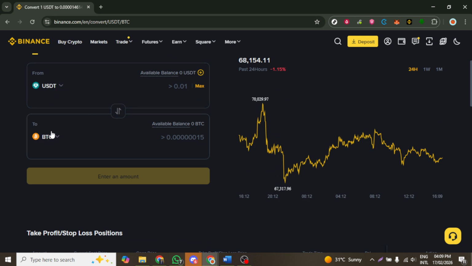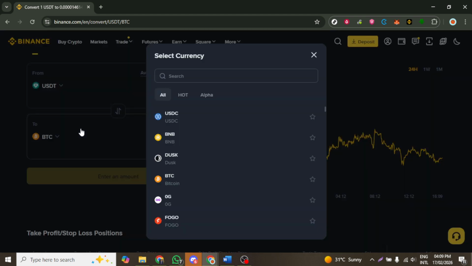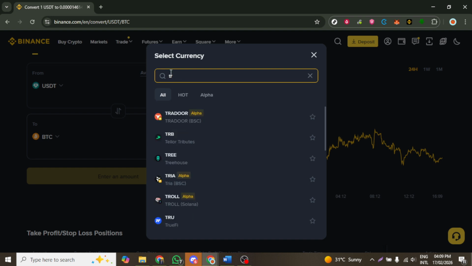Next, you will need to select the asset you want to receive in exchange for your USDT. In this case, choose TRX from the drop-down menu labeled 2. After selecting TRX, you will be prompted to enter the amount of USDT you wish to convert. Enter the desired amount carefully, ensuring that it does not exceed your available USDT balance, which you can check in